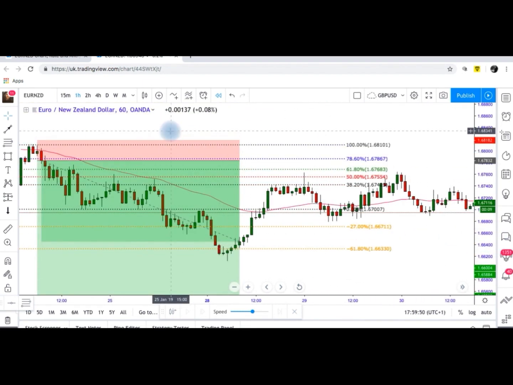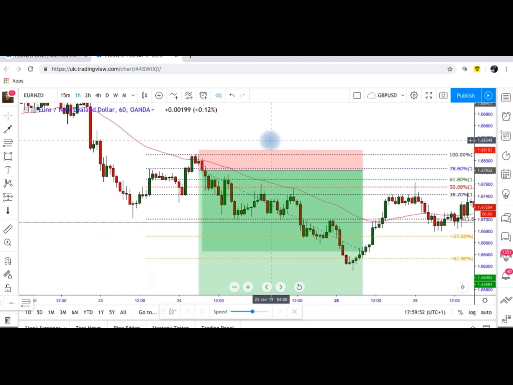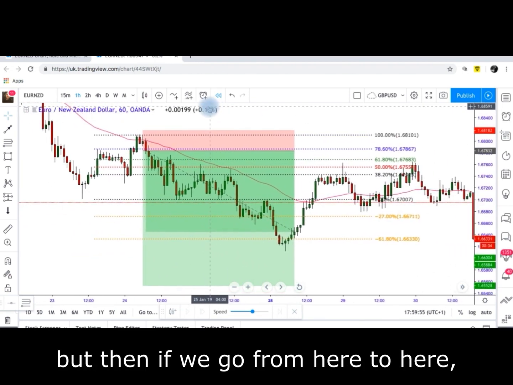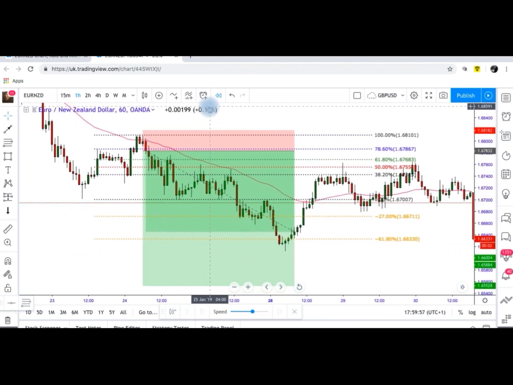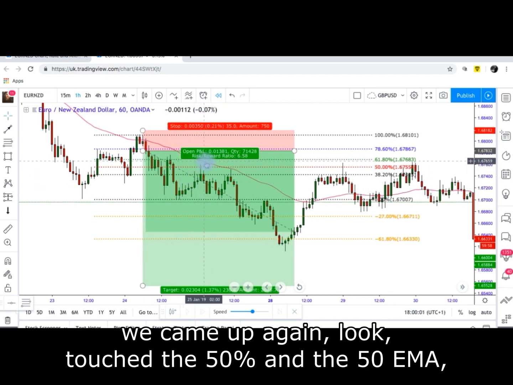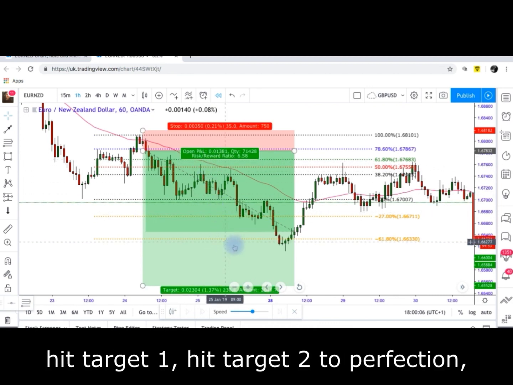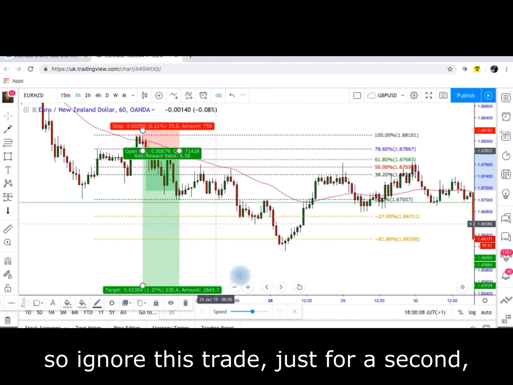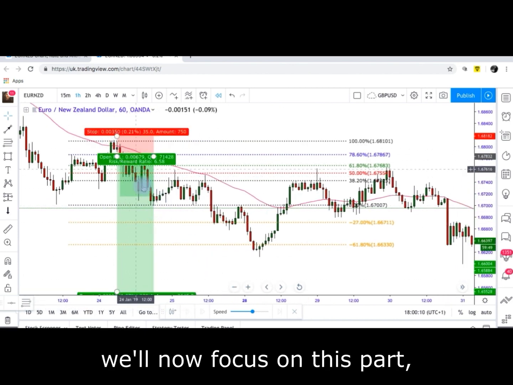Okay, so this would have been our next trade, but then if we go from this move to this move, we came up again, look, touched the 50% and the 50 EMA, hit target 1, hit target 2 to perfection. So ignore this trade just for a second. We're now focused on this part,